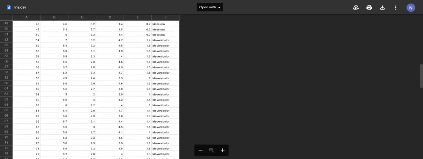Now we will move to our particular implementation part. In the implementation, I have first imported all the libraries. The first library is numpy, which is used to analyze the data. Then I have used pandas, which is used to perform various multi-dimensional operations. Then we have used matplotlib pyplot as plt, which is used to perform graphical plots.